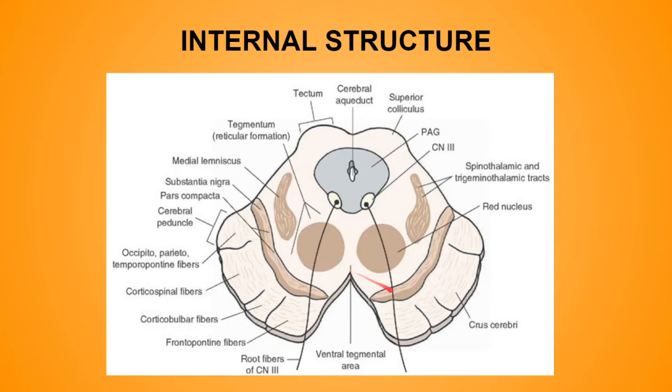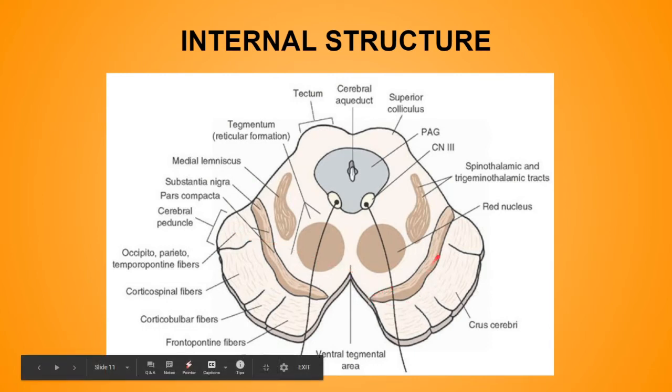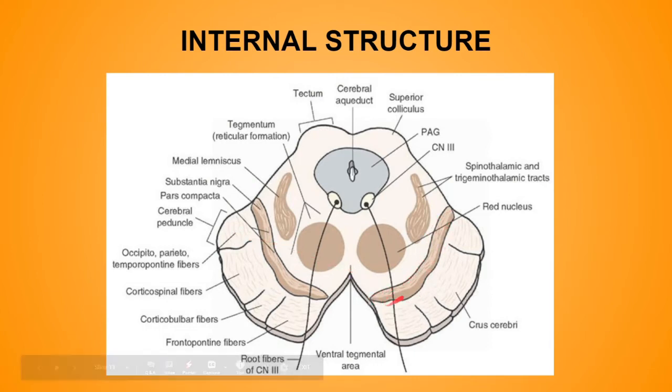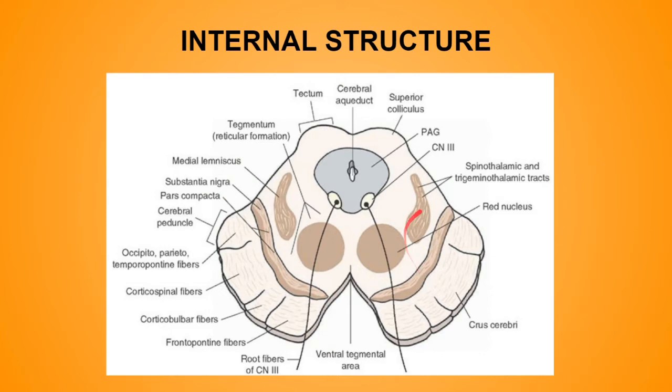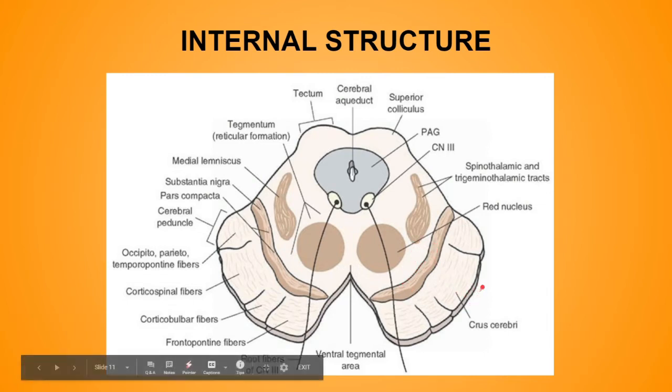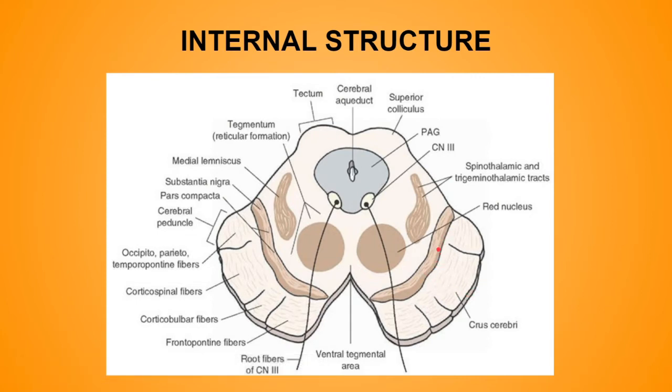Now next is the substantia nigra. This whole part is the substantia nigra. It is a curved pigmented band of grey matter situated between the tegmentum and the crus cerebri. This is the concave part and this is the convex part. The concavity is smooth and directed towards the tegmentum. From its convex margin, spiky processes project into the substance of the crus cerebri, though it is not very clearly visible here.